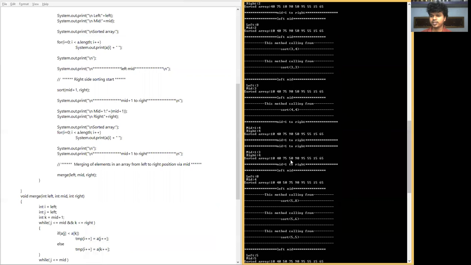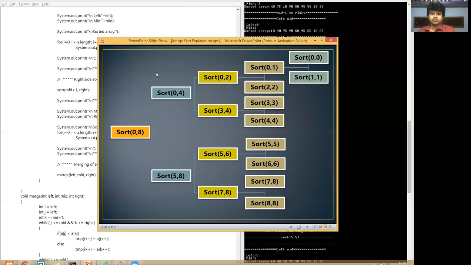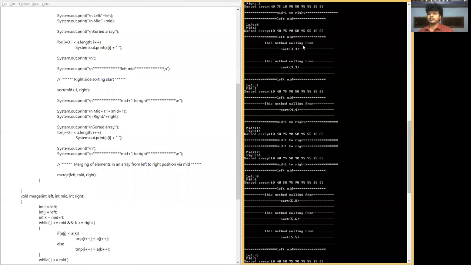Before applying the sorting technique, 90 is in the third index, nothing but the fourth element, and 50 is the fifth element. After applying the sorting technique, these are going to be interchanged, and 50, 90 are going to appear. See here, these three elements are one kind of left array. These two elements are the right array. Consider sort 0, 2 and 0, 4. These two came from where? Sort 0, 4. See this sorting.